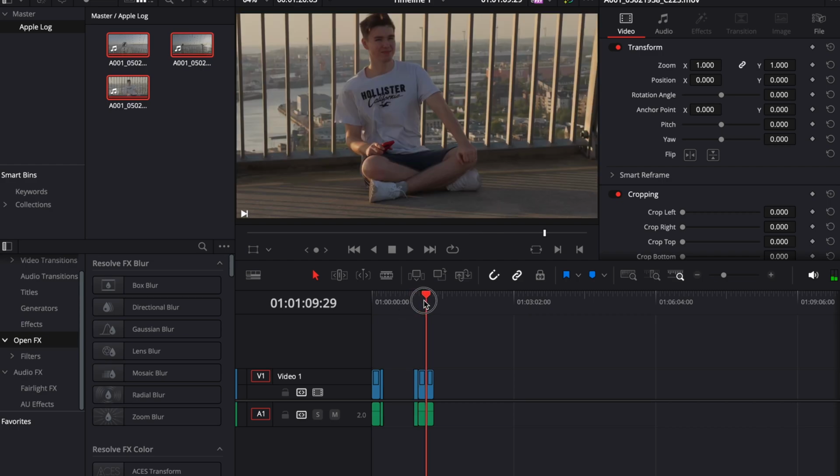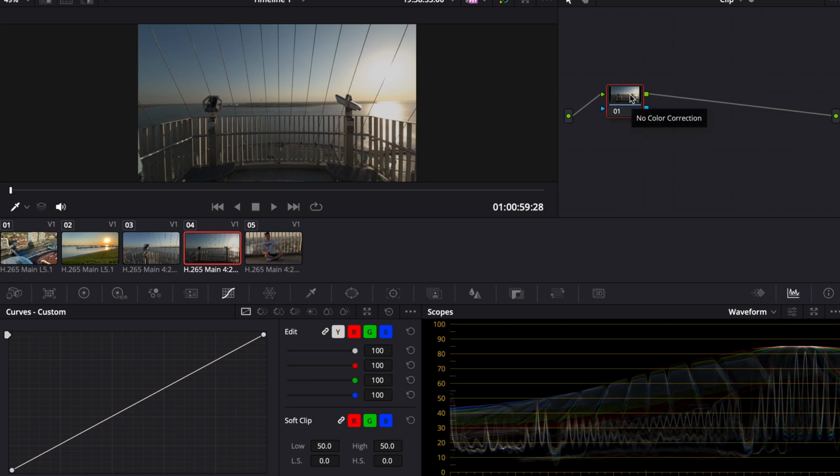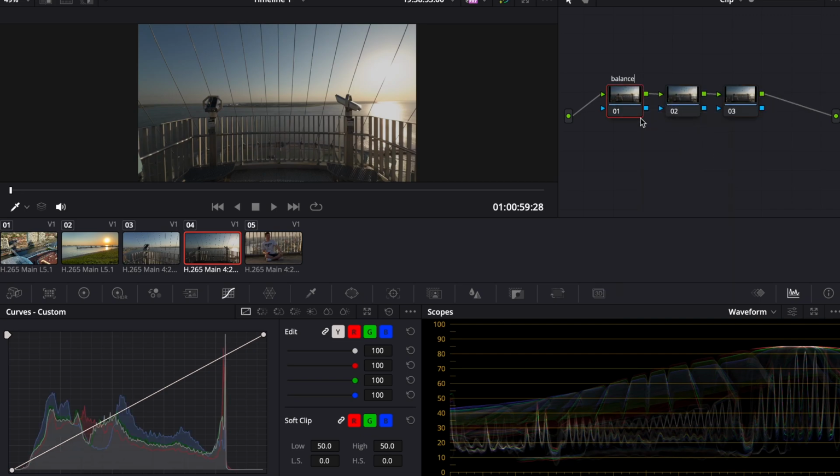Maybe we want to make some exposure adjustments, and for that we can go to the color tab, and then I want to make a node tree with about 3 nodes. The first one is for balance, for the color balance. Second one is for contrast, and the third one is for exposure. And now when we click on this clip here and press Command C, then mark all the clips and press Command V, we pasted the node tree to all the clips in here,